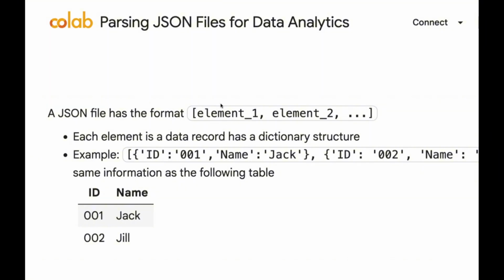So this time we don't have just one dictionary, right? Instead, we will have a list of dictionaries. Remember, square brackets in Python represent a list. And then in this list, we can have multiple elements, each element being a dictionary. Okay? And every dictionary corresponds to a record in your data set. Okay? So for example,